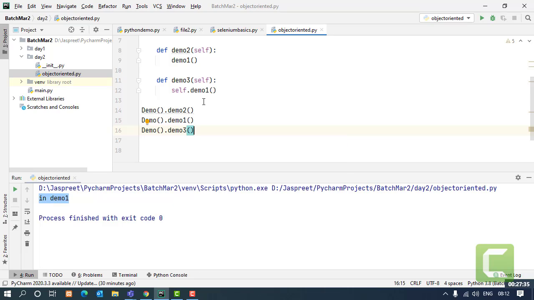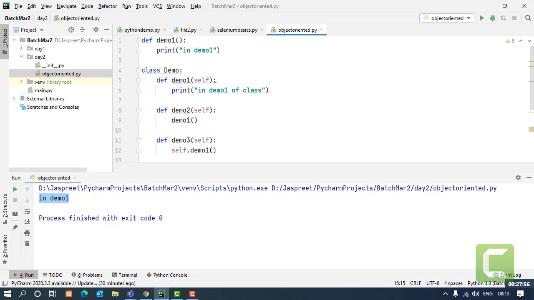But now there are 3 objects which are made separately, and they are hanging objects. They are objects which I want to use later on, but I won't be able to use them after some time. Right now there are only print statements in my functions, but maybe I have some data to store.